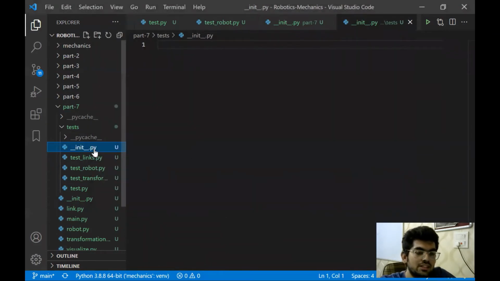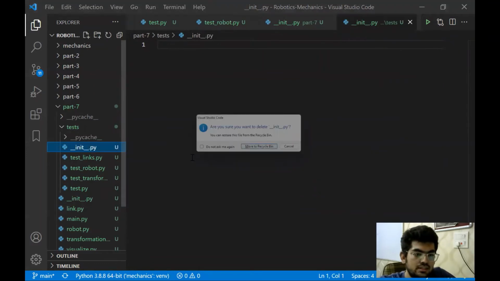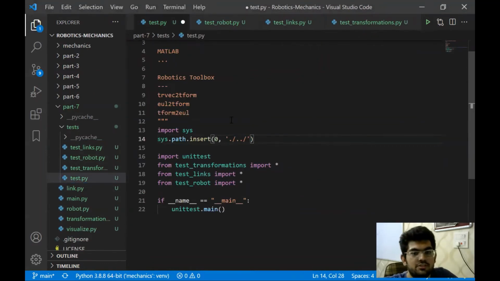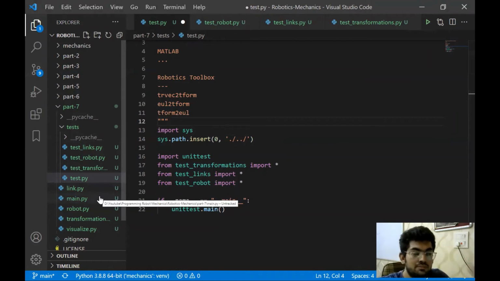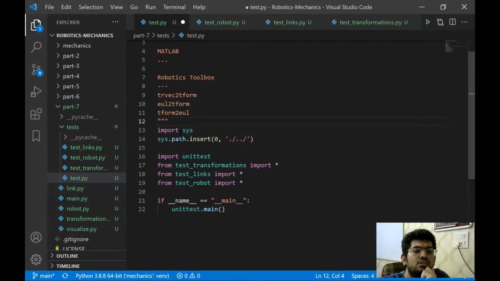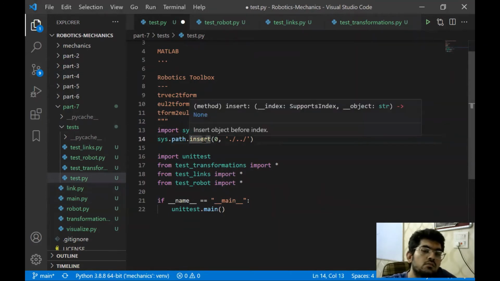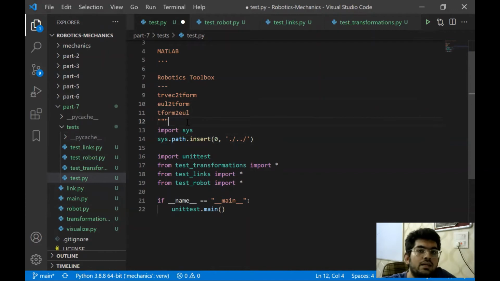Okay, so it doesn't work. Let's see another method to do this. One way that I found is that we need a Python path that can connect this directory, tests, to its parent directory. Now I found that init.py is not working. I'm not sure why, I'll look into it. But one way to do it is we can directly add this path to the Python path, using sys.path.insert.